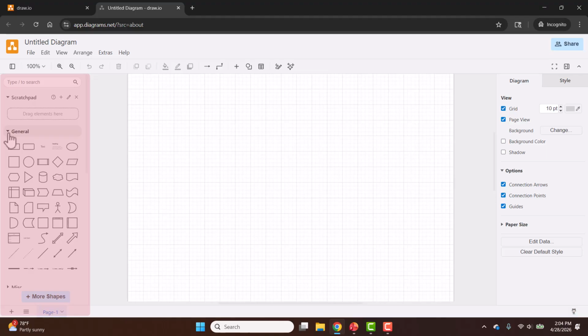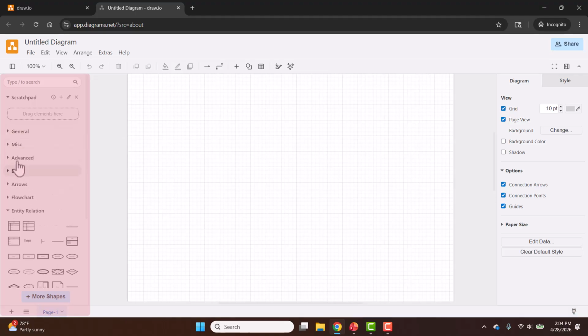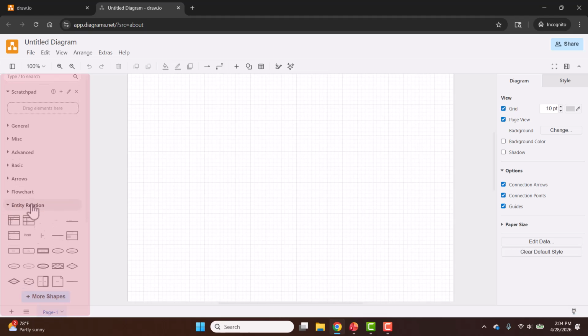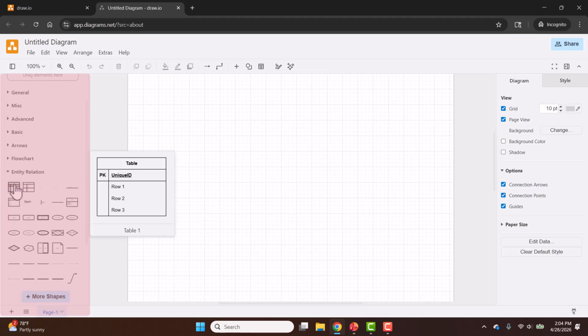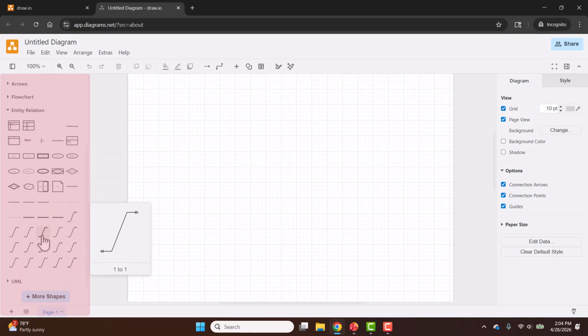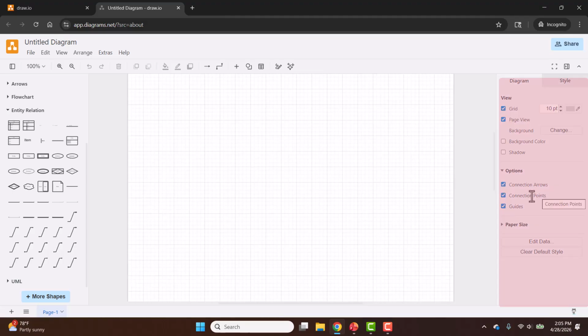different general shapes. If you collapse this option, you can see there are many other options. So we are interested in the entity relationship option, where you can see it provides you with different shapes to represent entities or tables in a relational database, and it also provides you with different types of connections in crow's foot notation. On the right hand side is the format panel, which you can use to change the properties of different shapes